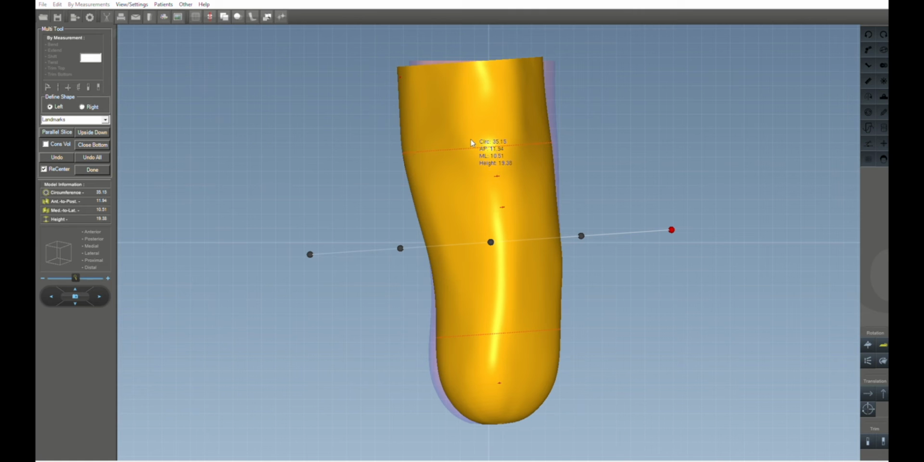When I say done, it will correct this and correct all the slices. All the little red lines that you see will all be unified, and they will be back in the correct order. If I select a point in the middle of the plane